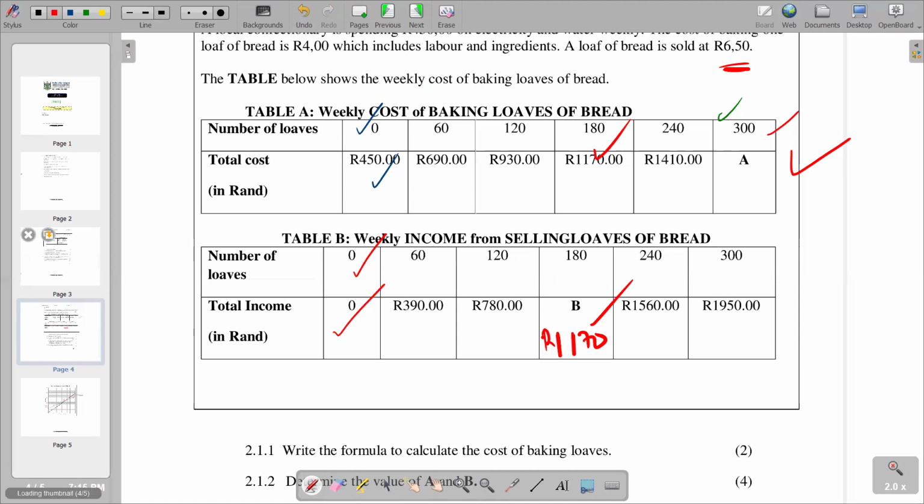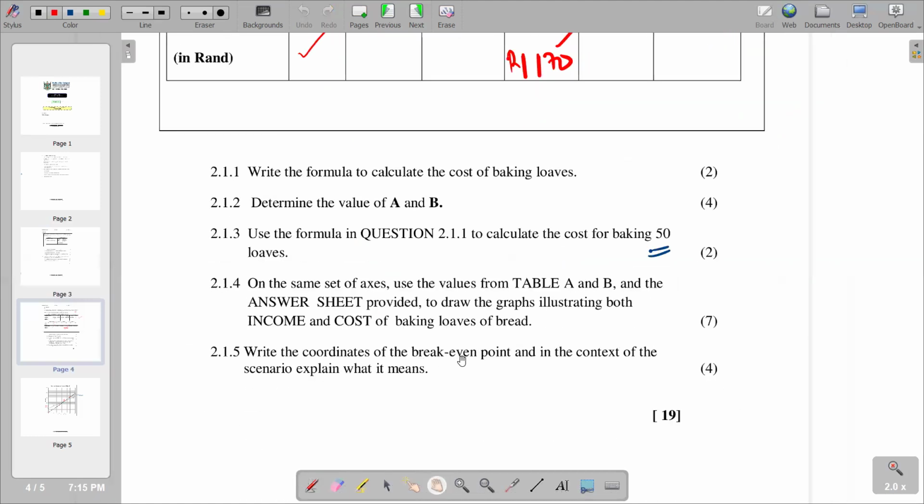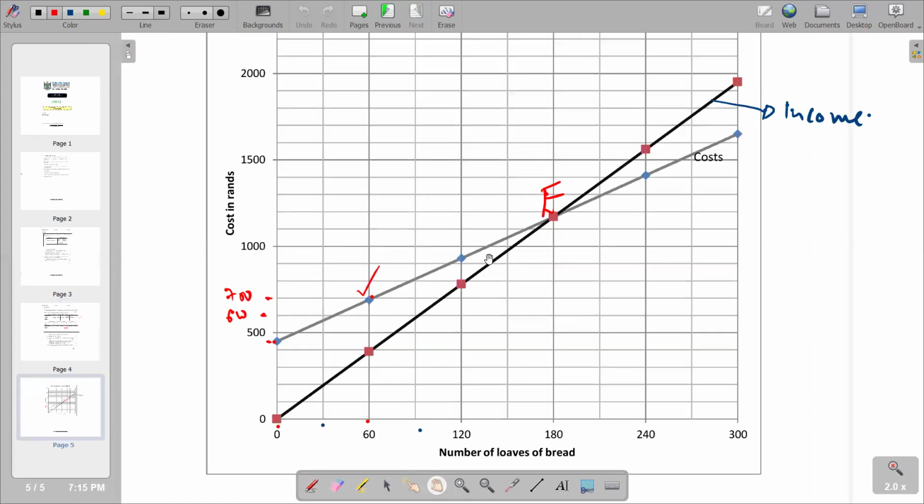So the question says, if we go back to the question, write the coordinates of the break-even point, and in the context of the scenario, explain what it means. So the coordinates now, we go to the graph, whereby the point of intersection is this one, where you've got 180 loaves. If you go to this other side, that's where you're going to get 1,170. So writing down the coordinates,